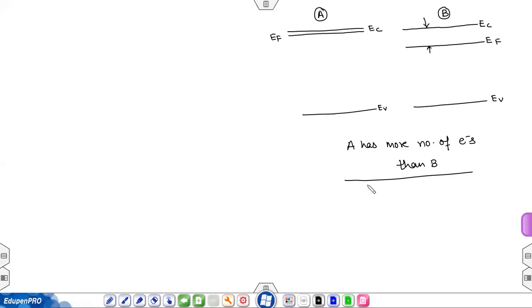Those who work completely in physics, those in the physics department who are science students, basically find out how many electrons and how many holes there are. Engineers don't require all this information. Engineers require what a p-n junction diode is and how it works. That's it. Engineers do not require how many electrons and holes there are in the p-type or n-type semiconductors. So we will not go into detail of that.